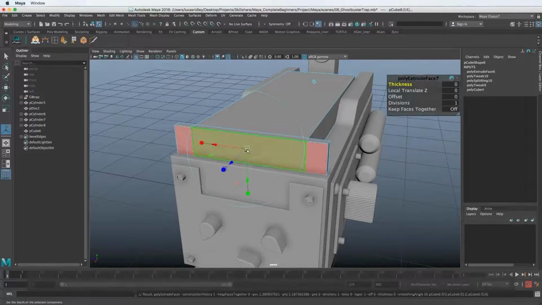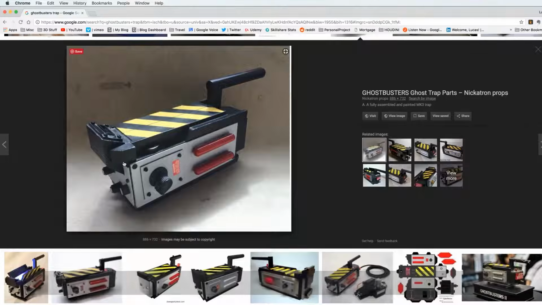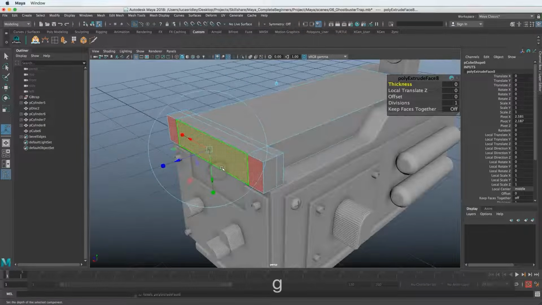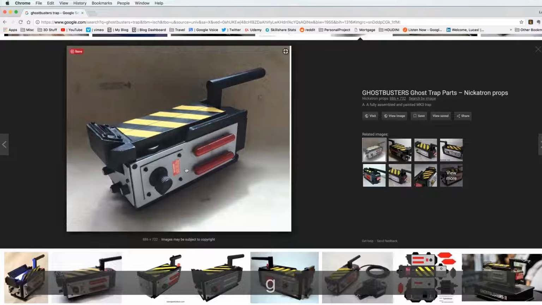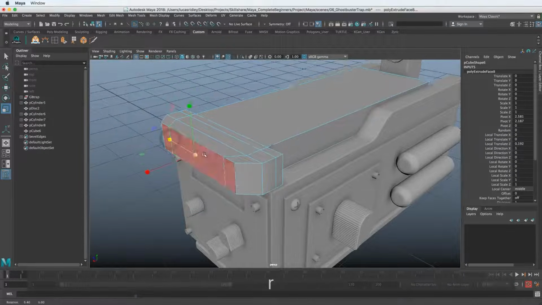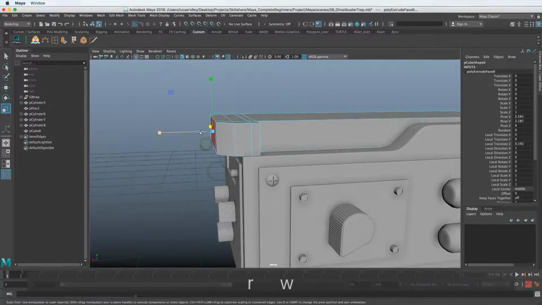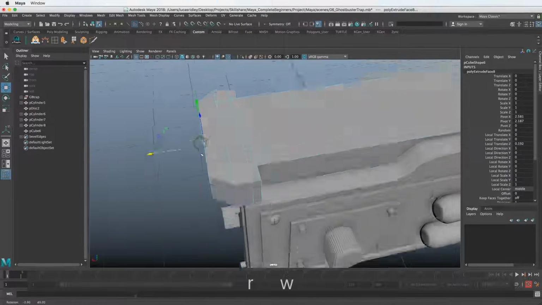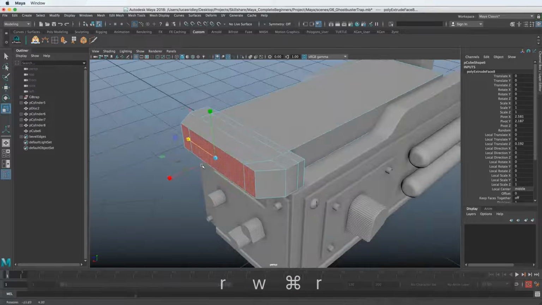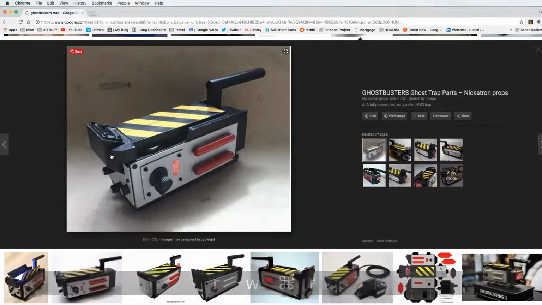So we'll extrude again, just past the edge, and then it looks like we'll extrude again and then scale it down. So let's hit G, because we can just extrude again, and then I'm going to hit R to go to scale this down to get that edge there. It looks a little more blocky than what I have. So I'm going to bring it out a little more. Maybe scale it back. That looks closer. Then we have the flat edge, and then this one comes out.